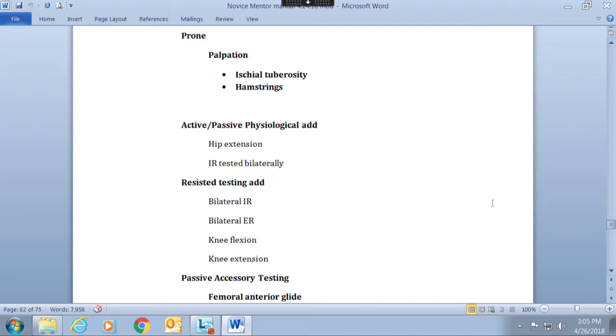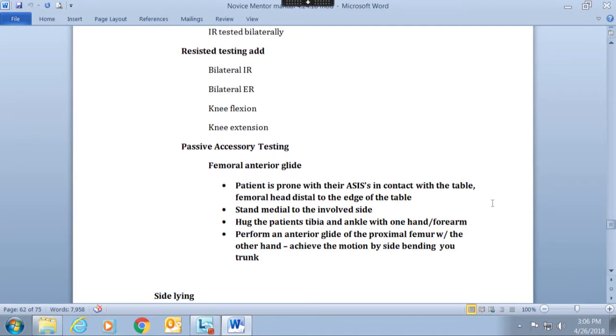Next testing, you're in the prone position. We can go back to do hip extension, passive and active, as well as bilateral hip rotation, internal rotation. Resisted, you can add bilateral internal rotation, external rotation, knee flexion, knee extension. Passive accessory in this position,